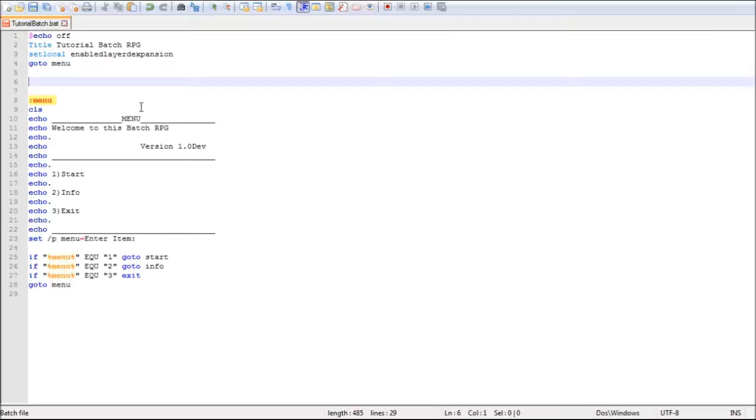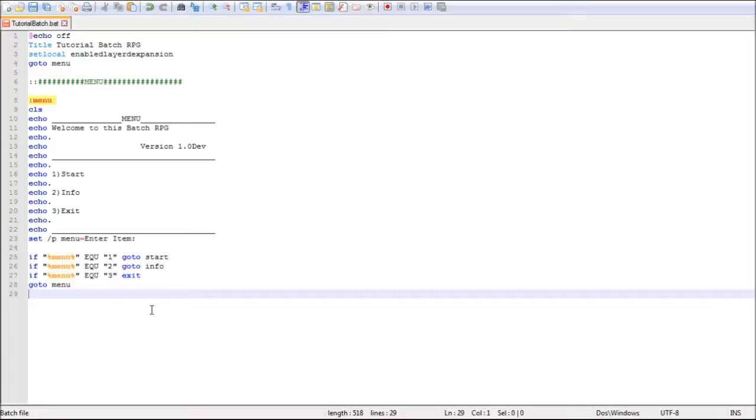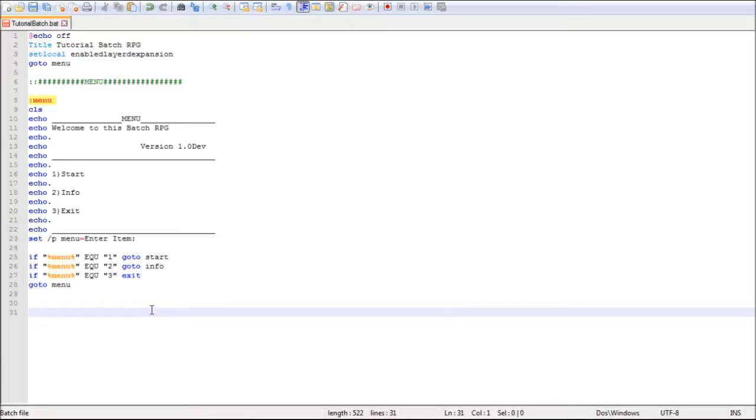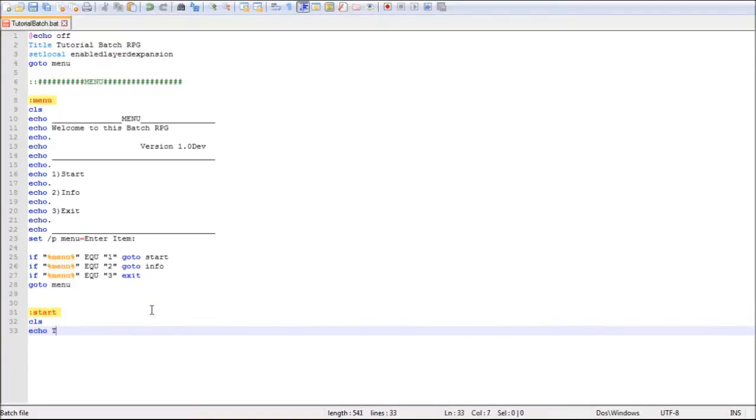So we're just going to sit here, and I always find this important, label everything you make. So if, 2 colons will make it so you can label it any way you want. And if you just do some hashtags and type in like menu, and then do some other hashtags, yada yada yada, we can do start, and we're just going to do a simple thing here. This is the start,